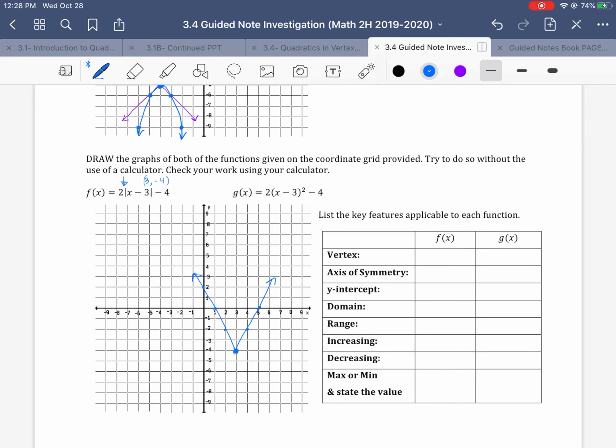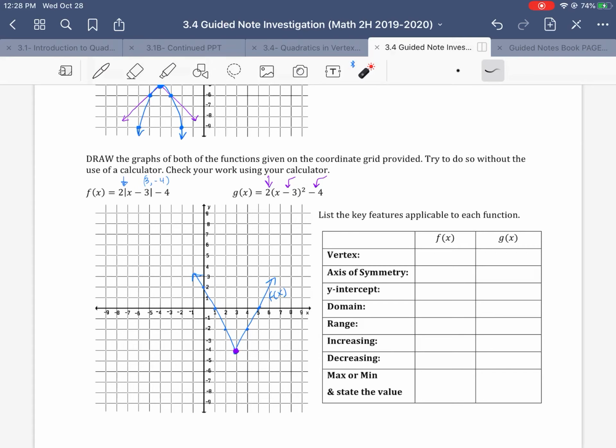And then I can graph the g of x. So I'm going to label this one f of x, so I remember that's my absolute value function. G of x, notice it's the same idea. So down 4 to the right 3, so the vertex is in that same spot. This time though, we have a quadratic, right? So we're going to move by perfect squares, and then we're going to